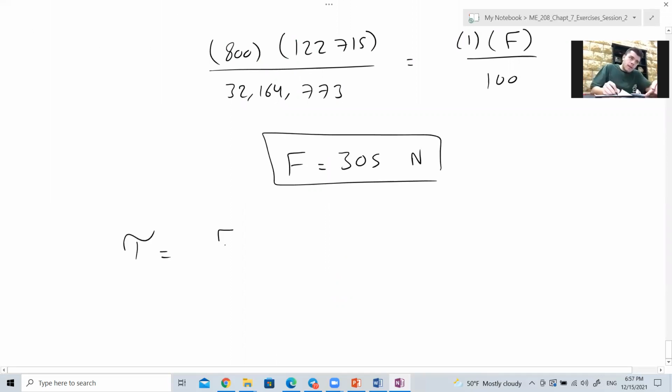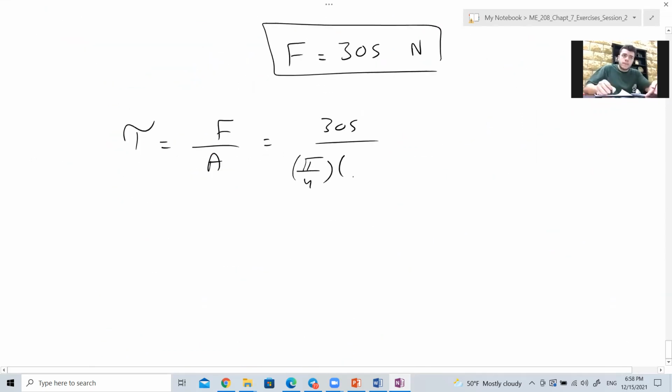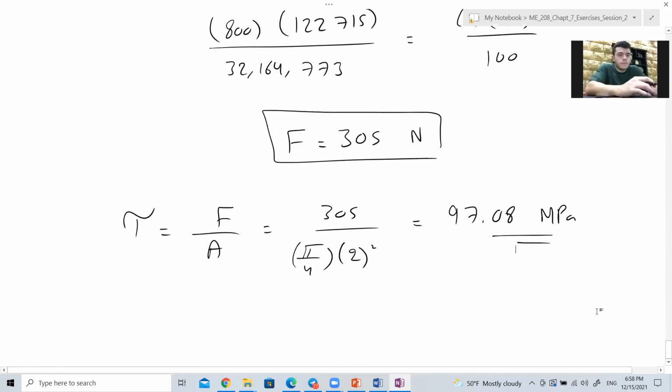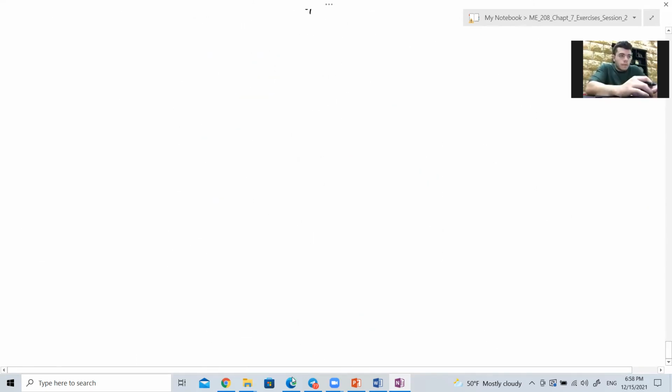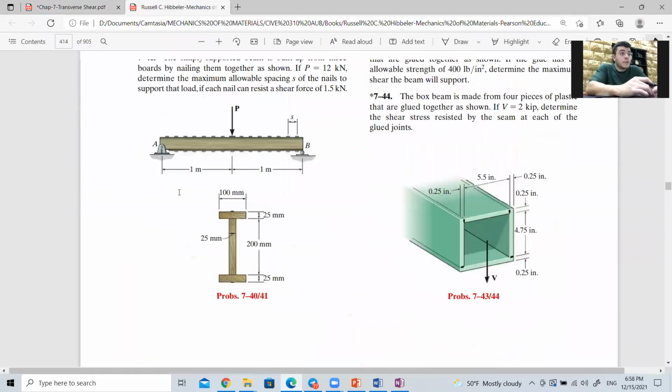Therefore tau is F over A which is 305 على pi over 4 times the diameter اللي اعطيناك اياه تبع النيل, it's 2 squared. بيطلع لك 305 over pi over 4 times 2 squared تطلع 97.08 megapascal. This is the shear stress. مفهوم؟ So نرجع على 735